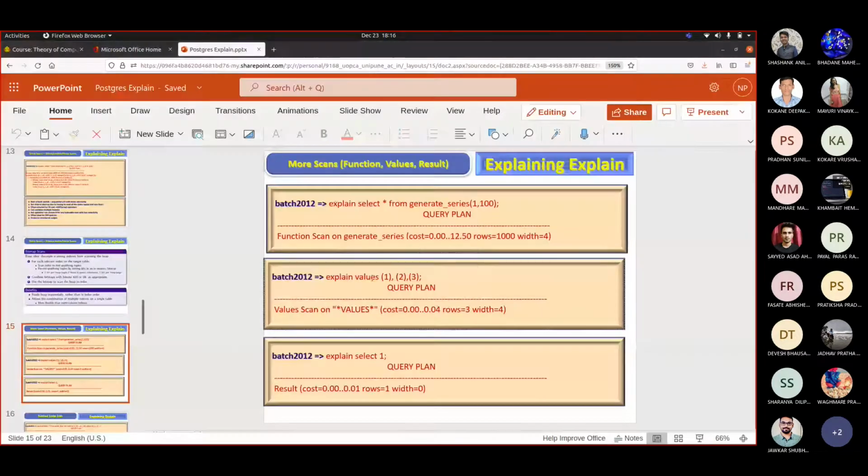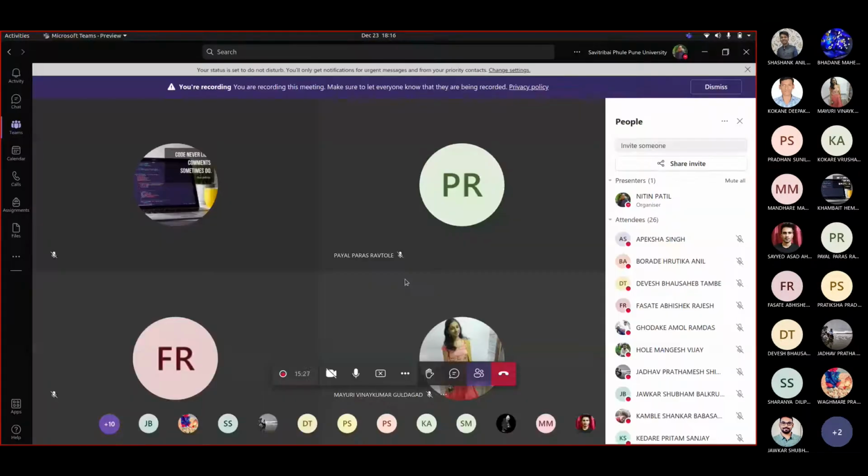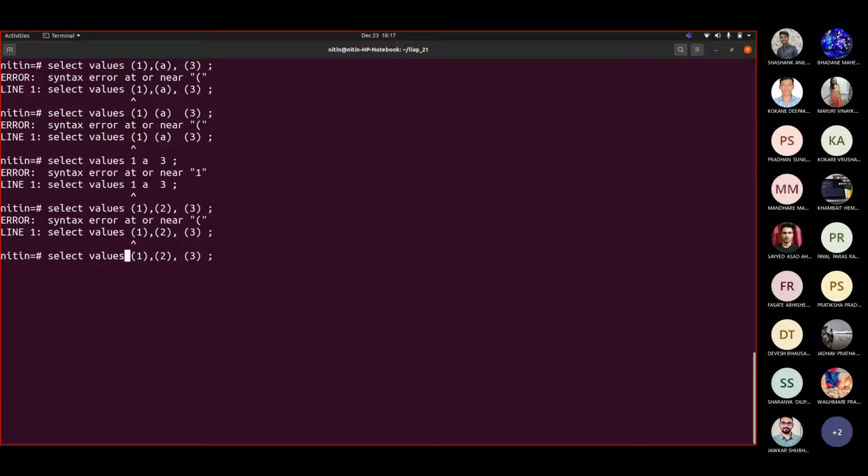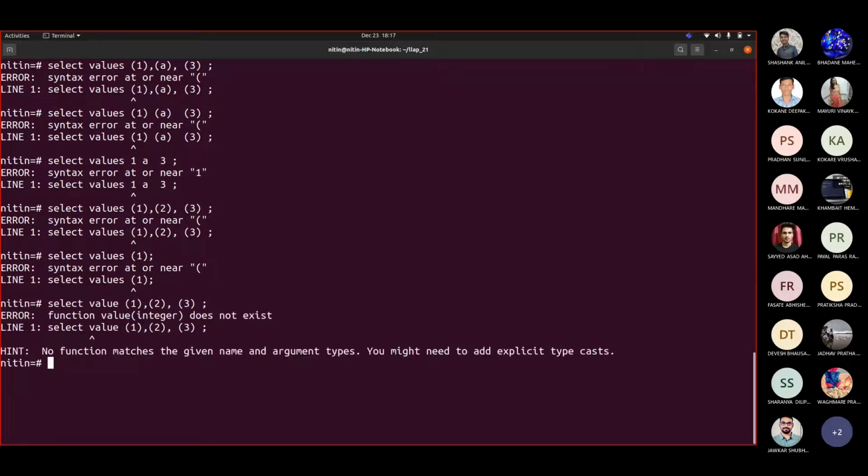That usage would be dependent on explain values, so let us write it. Explain values. Now here if I write 1, 2, 3. Now I am writing values, so instead of it, let me write value.